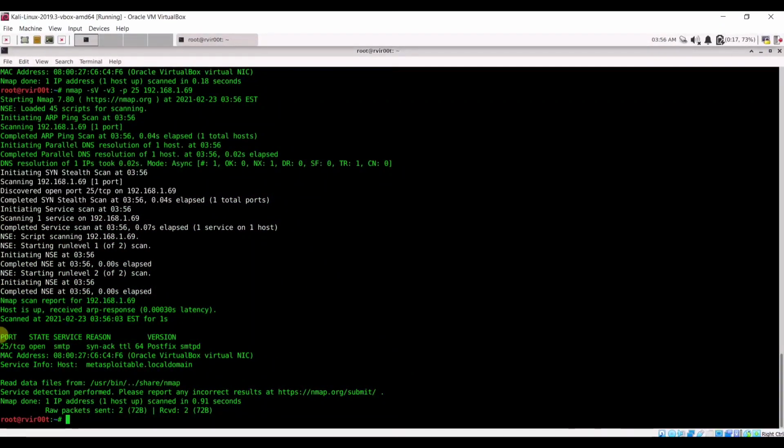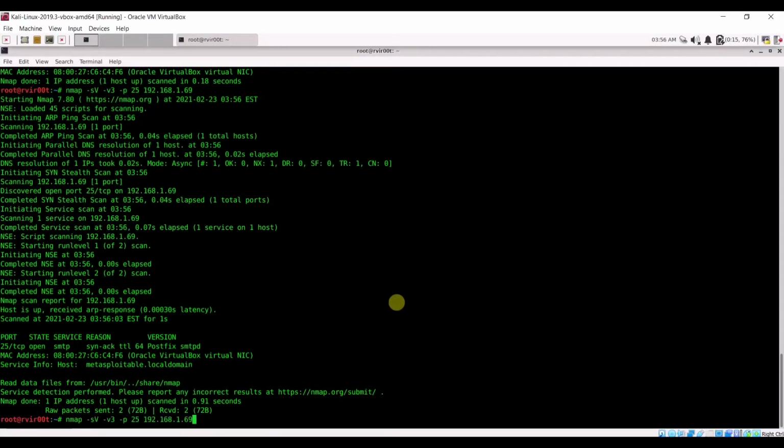And then it will give you the accurate result. Here you guys can see the port 25 is TCP, state is open, and service is SMTP. Reason is SYN-ACK, it means the communication happens in this port, and the service version is Postfix SMTPD, right? So this way you guys can identify whether the port is open or not, or what kind of version is